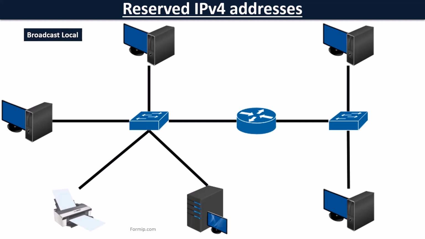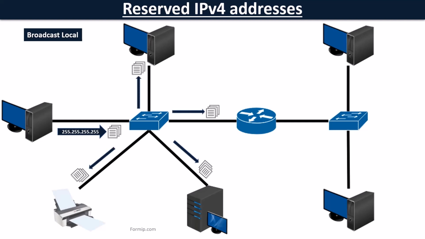Among the reserved IP addresses is the address of local broadcast. If an IP device wants to communicate with all the others on the same local network, then it will send a packet to the address 255.255.255.255, and this packet will be broadcast over the entire network. However, as it is a local broadcast, it will not be able to pass a router. That is, the router will drop the packet. It's a bit the role of the router.